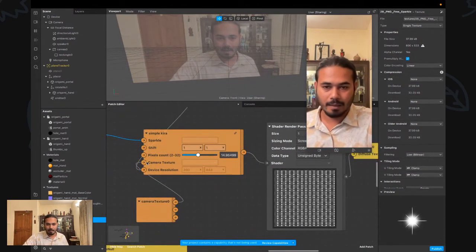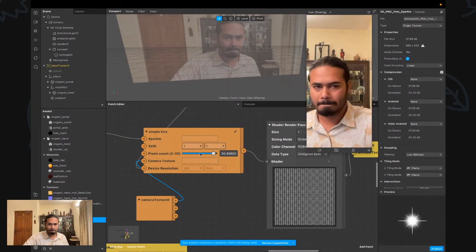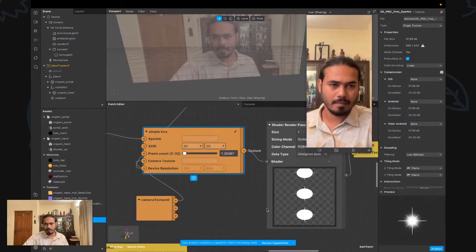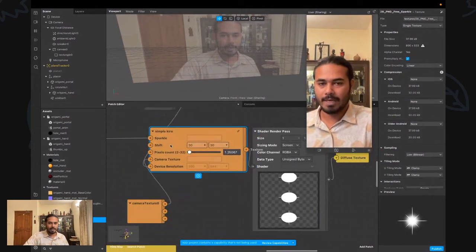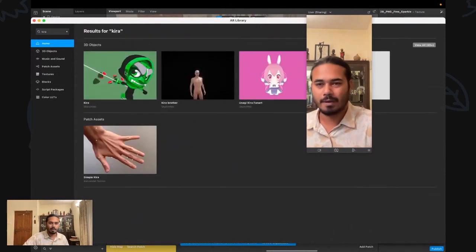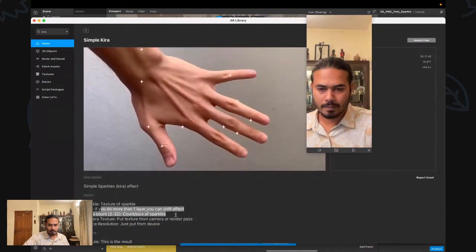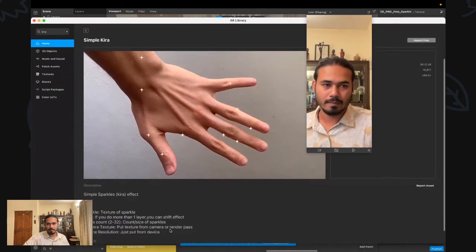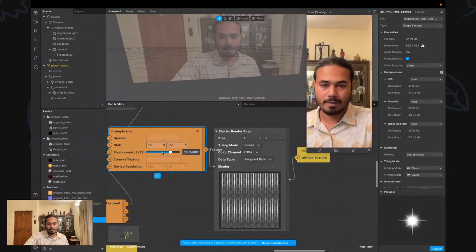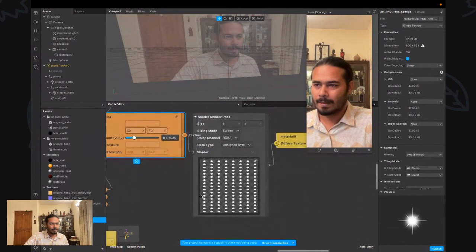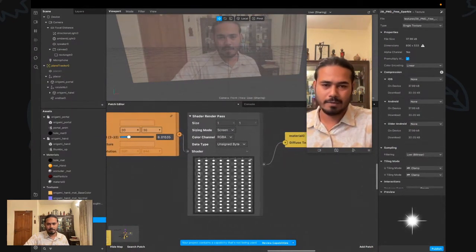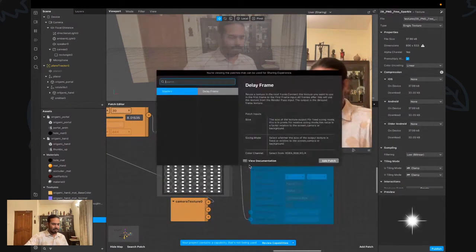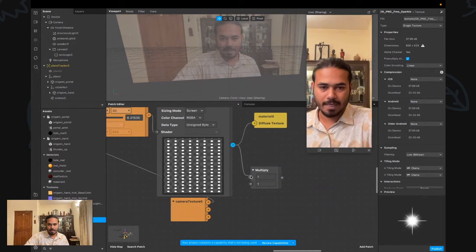I don't think it's working like that. I have no clue, this Kira Kira is not working. Maybe try some other patch if you have one for Kira Kira. Oh, this is not the result that we're getting exactly. So, I mean, if I have to fix this, I will try to multiply this with this color, and maybe that could help. But it's not going to look that nice. So, if I multiply this with this color,